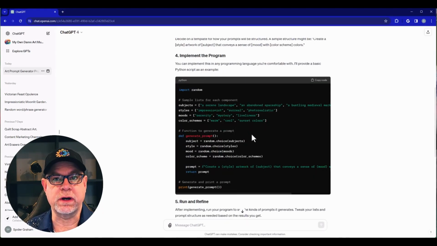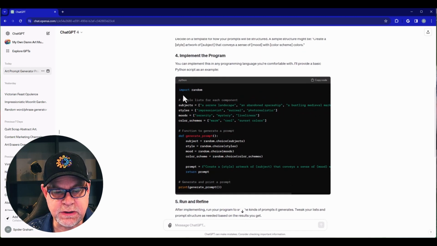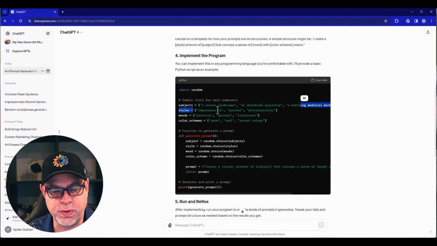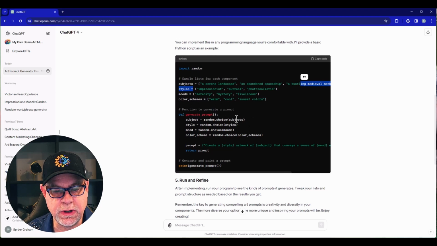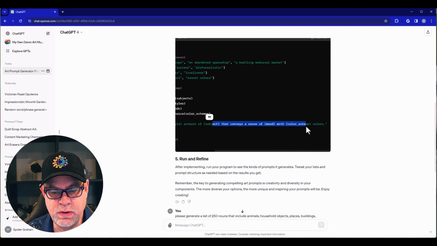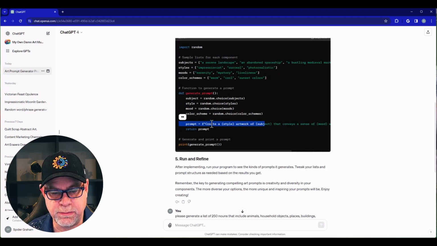Now, it's already started to work on the program for us. And if we look in here, it's offering us some suggestions. It's saying, hey, we could have some subjects like a serene landscape, an abandoned spaceship, a bustling medieval market, etc., in different styles, impressionist or surreal or photorealistic, and different moods, if we want to put it in there, and even different color schemes. And then down here, it's saying we're going to randomize each one of these, and the prompt would look something like this. Create a style of artwork of whatever subject that conveys a sense of mood with color scheme and colors. Now, we'll have to modify that a little bit if we're going to work with it in Midjourney, but